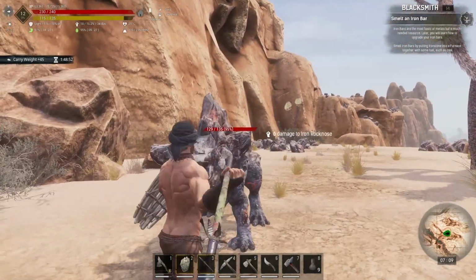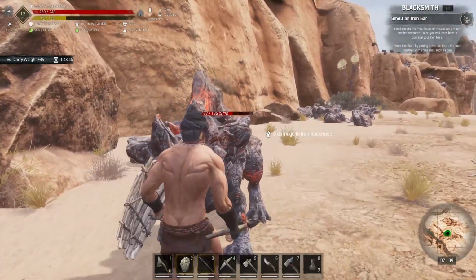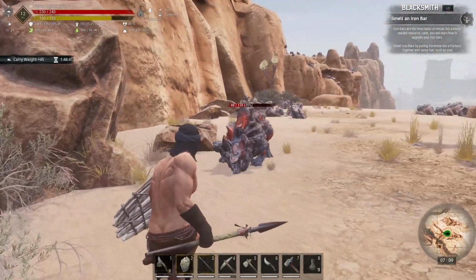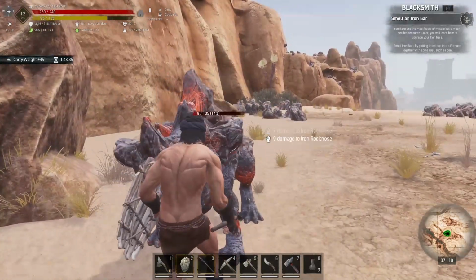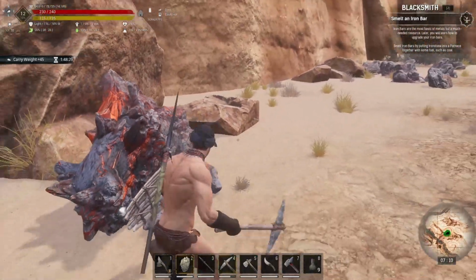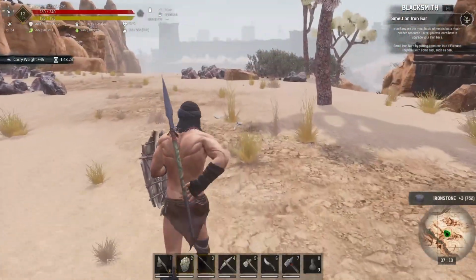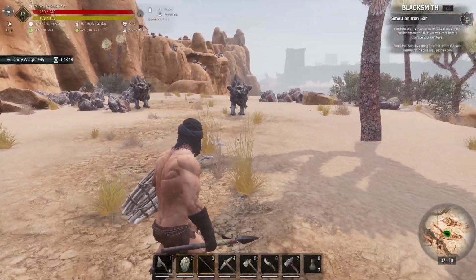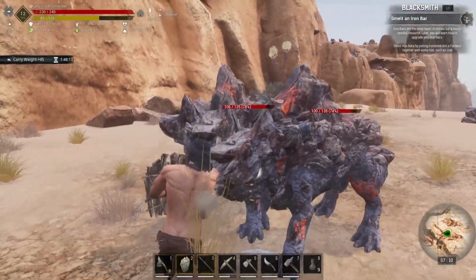So let's see. Yeah, this thing does just as good as the steel sword that we're using, and doesn't even do half the damage. Like I said, the attack is a little weird. Takes a little bit getting used to. But if I hadn't found that, this was definitely a good find, and it has really good